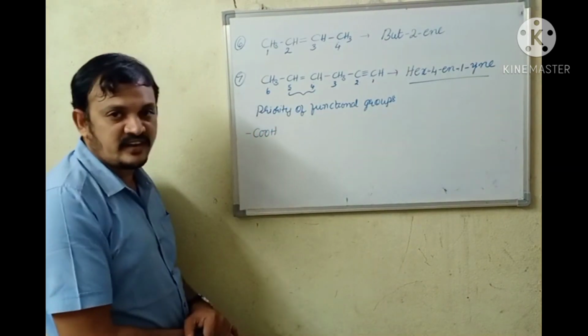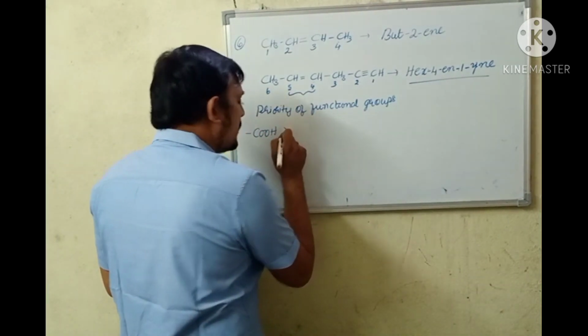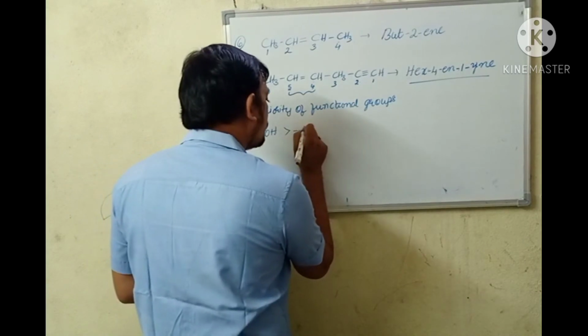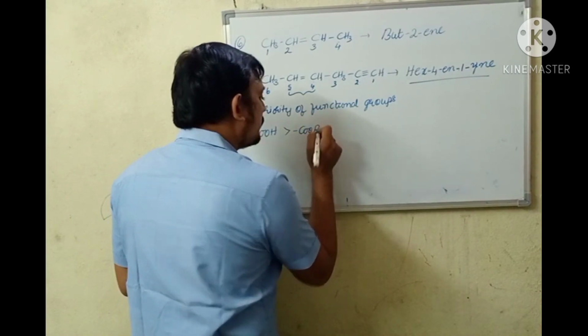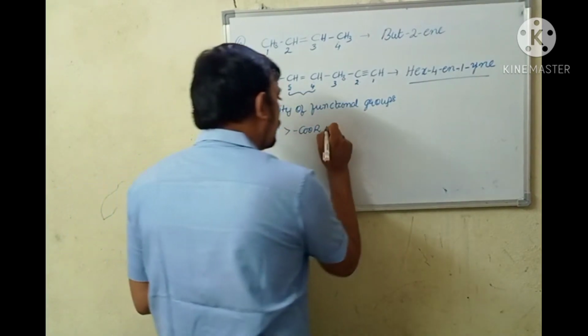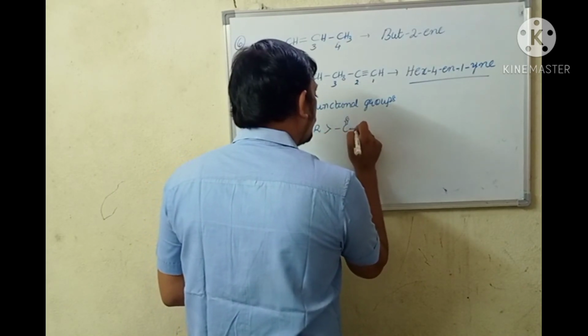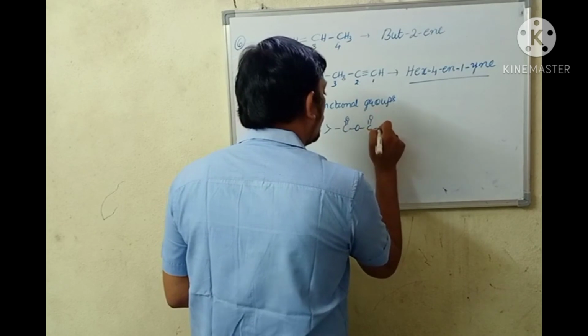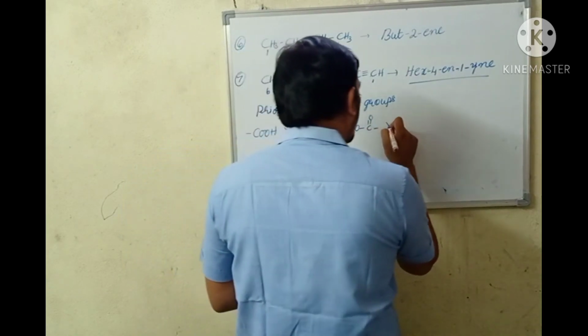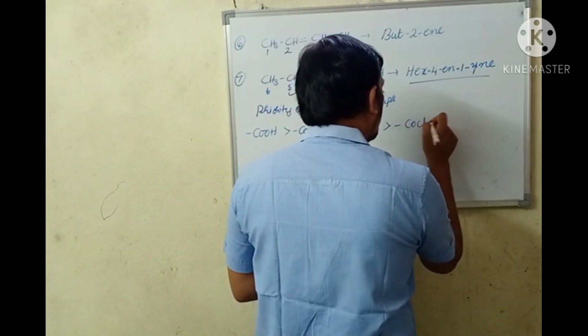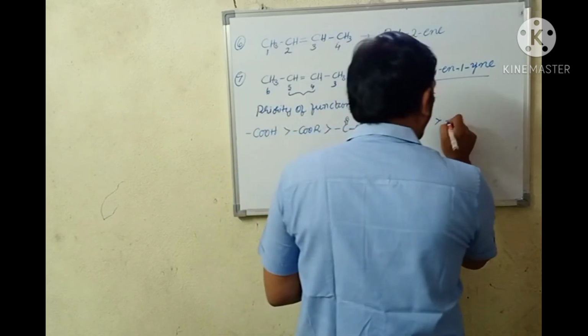COOH, carboxylic acid, will be highly prioritized over COOR, esters, over (RCO)2O, acid anhydrides, rather than COCl, acid chlorides,